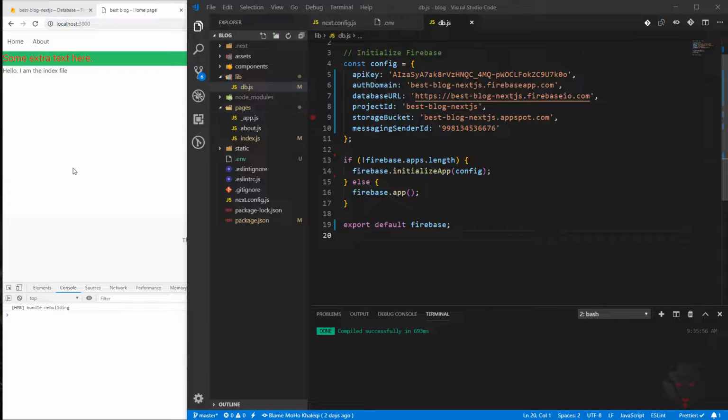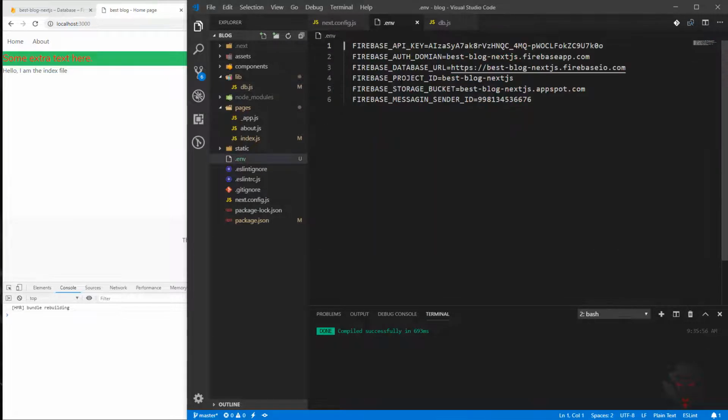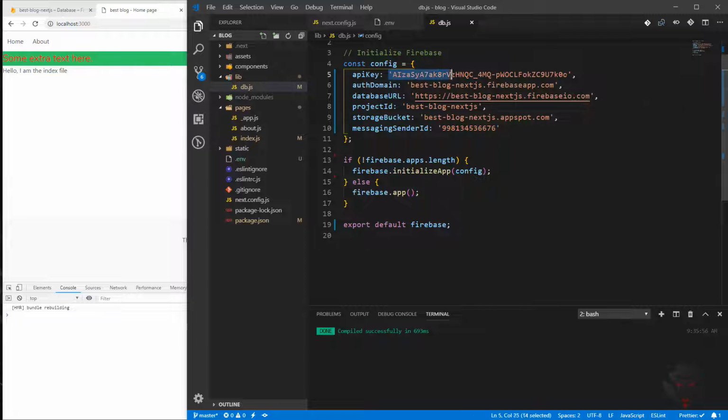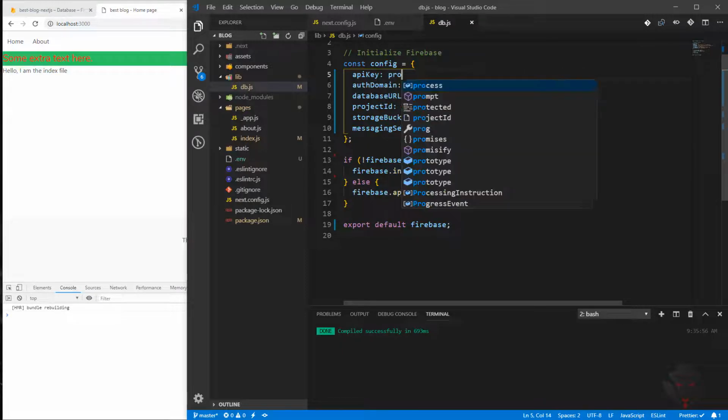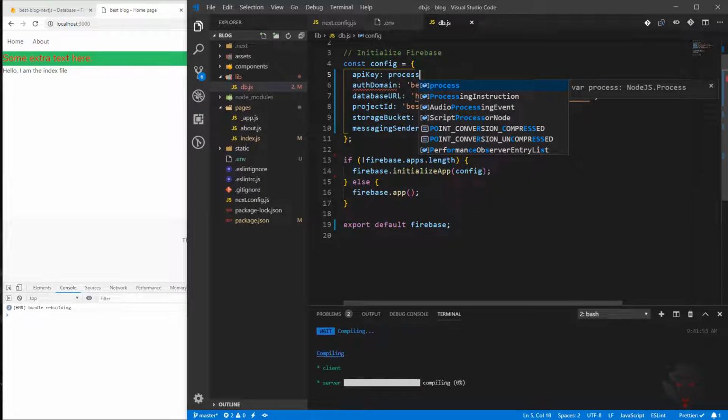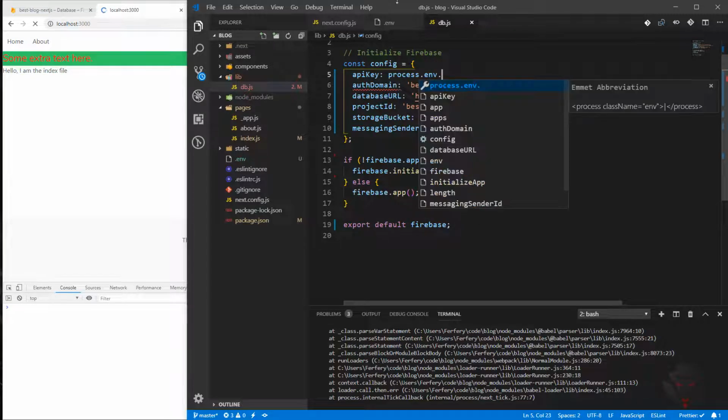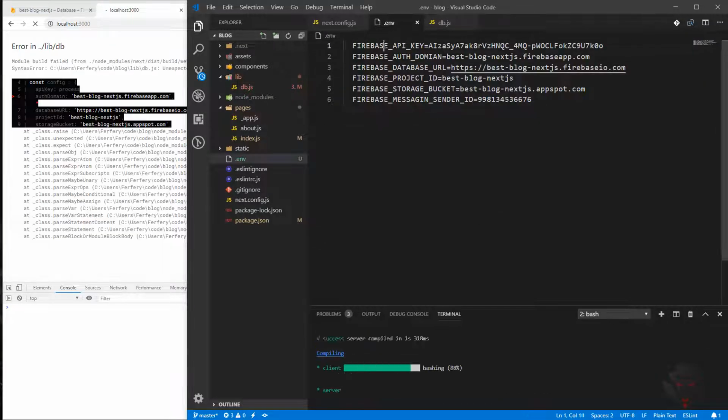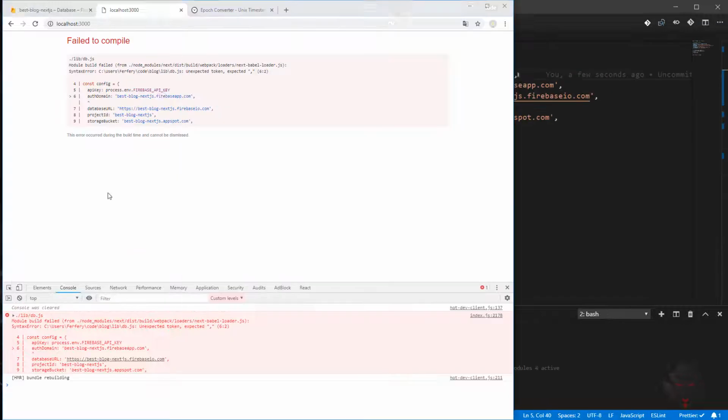Now we know that our project works. We need to think about these credentials. So as you all saw, we put them all in .env. Now if you're going to use them, so process.env dot, and if I go here, copy the first bit,